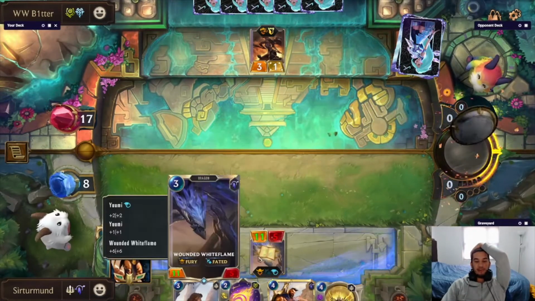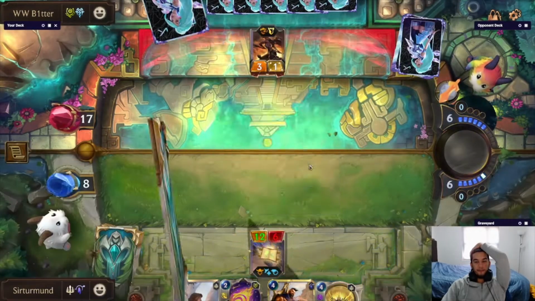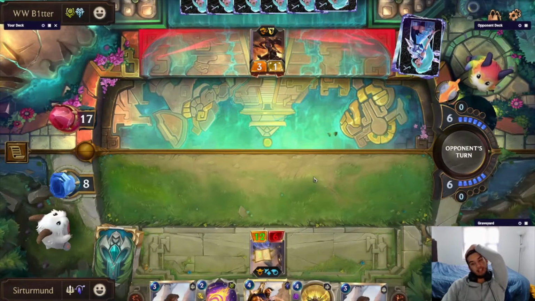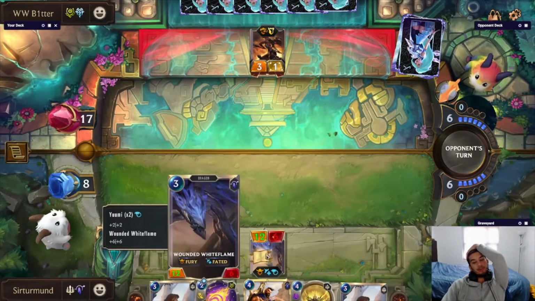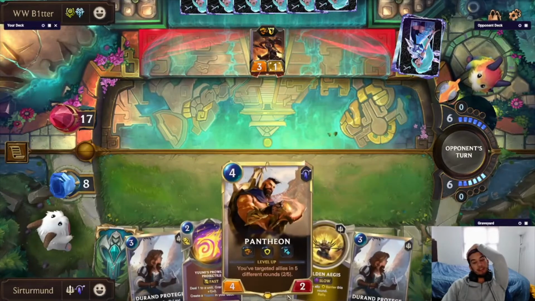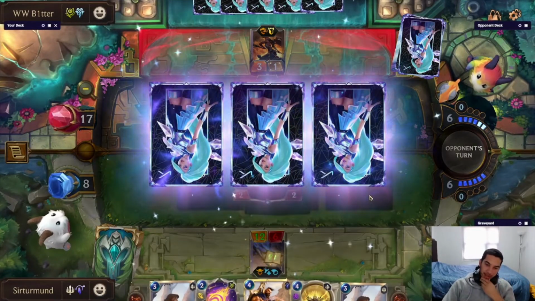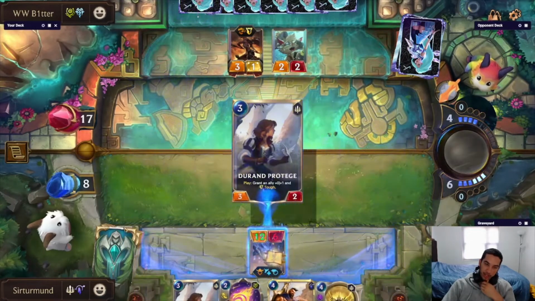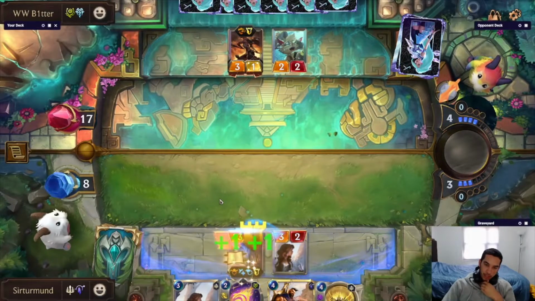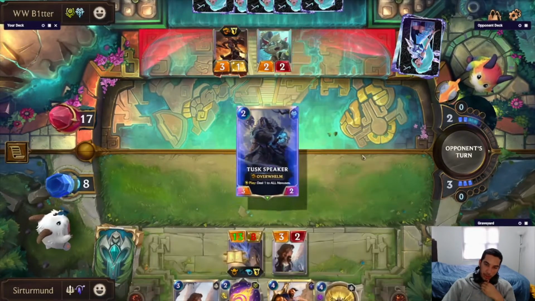Pantheon is still pretty far behind, but Yuumi is going to be close to leveling, right? I guess not that close. But close enough. We can do the Prodigy on the Wounded Whiteflame to trigger the Faded. Gets Pantheon to 3 and gives us another blocker. He summons an additional unit. We have another Duran that we could do, because we can level up Yuumi next turn through...